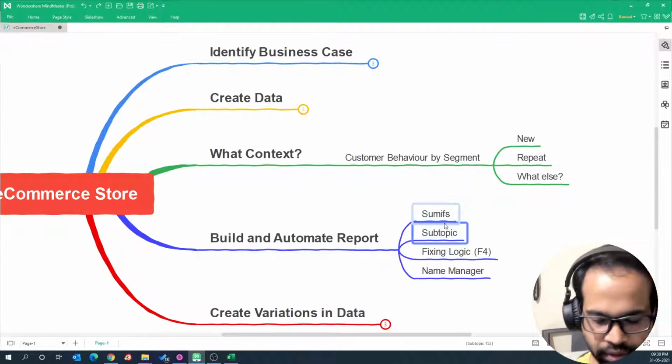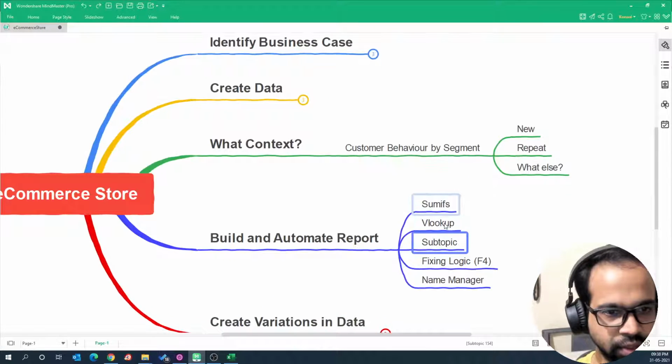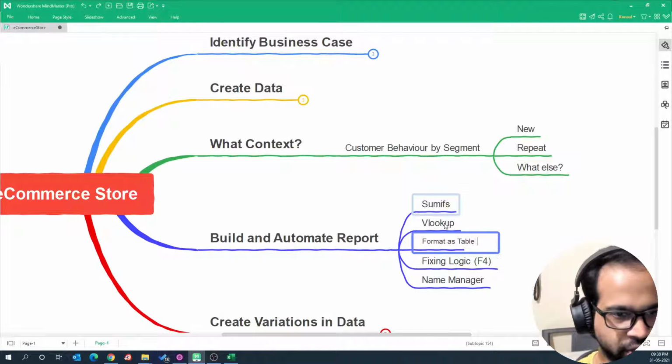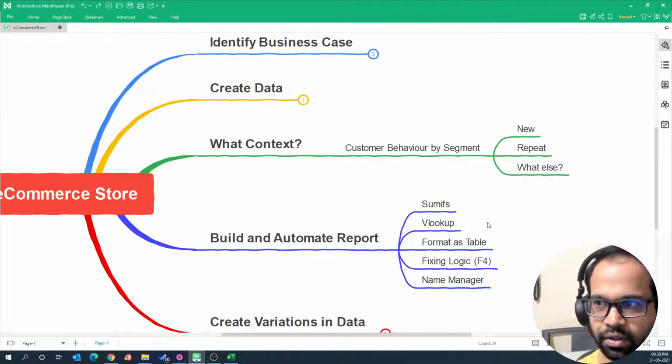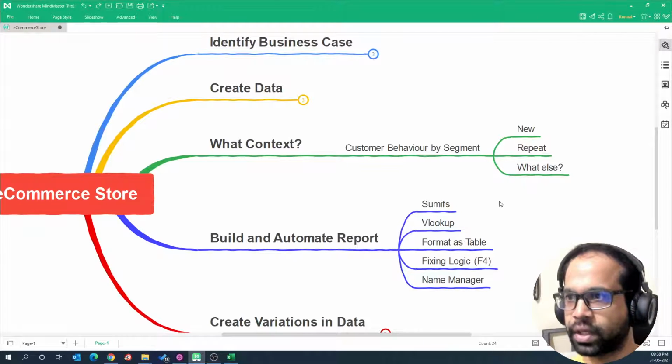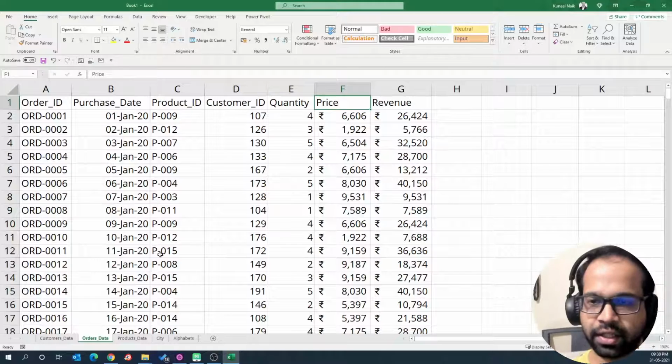So it's going to be VLOOKUP that I'm using, and I'm also going to be using format as table for automation, right? So it's a very odd combination, but you'll see that this combination does a good amount of magic. Okay, so we are here right now, and I'm going to create 3 different